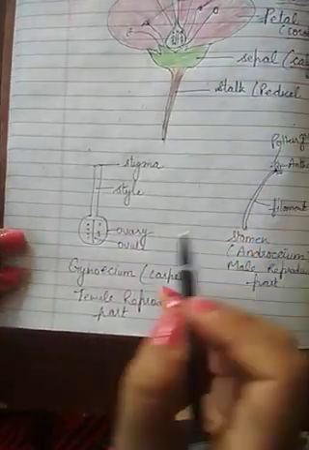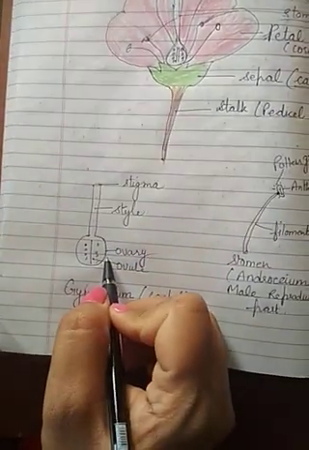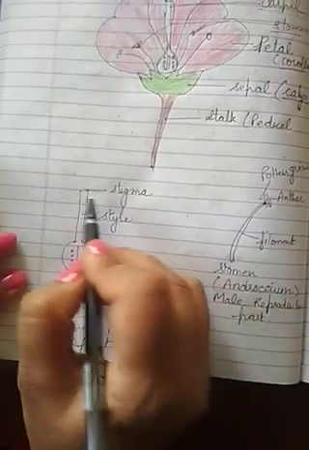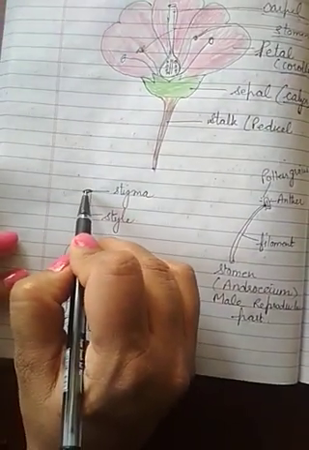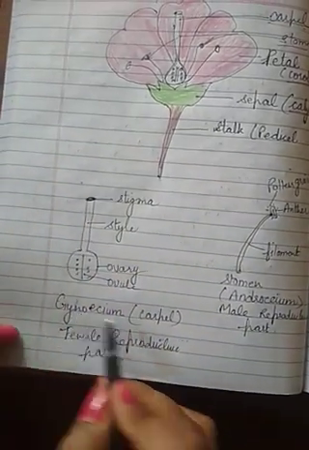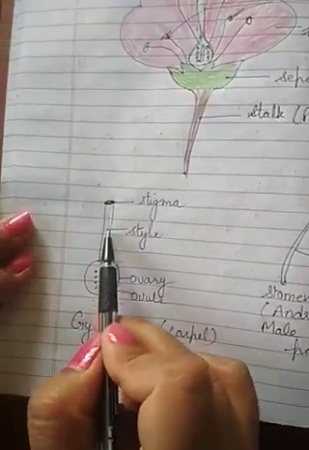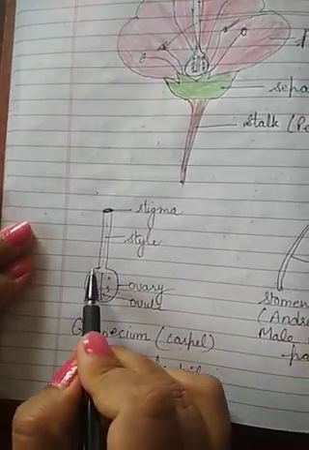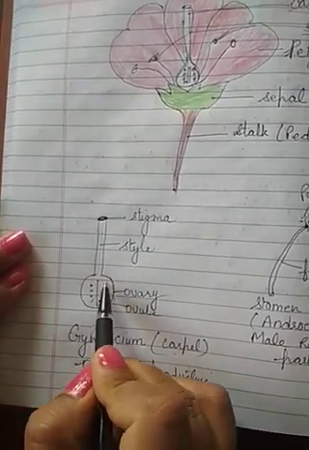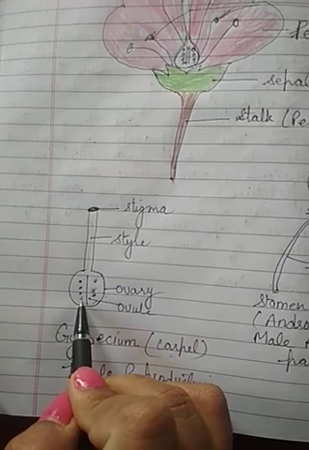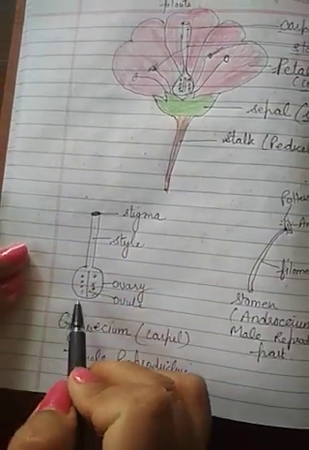Now again I am explaining the structure of the carpel because it is very important when you are going to understand reproduction in plants, especially sexual reproduction. In this we can see the upper part is called the stigma. That is the structure of the gynoecium, also called the carpel. That is the female reproductive part of the flower. So that is the stigma. That pipe-like structure is called the style, and that rounded structure is called the ovary, and inside the ovary small ovules are present. That I will explain when I explain the process of fertilization. So this is the main structure of the gynoecium.